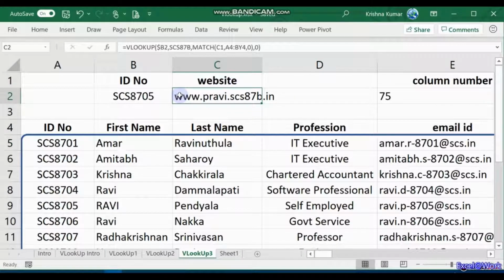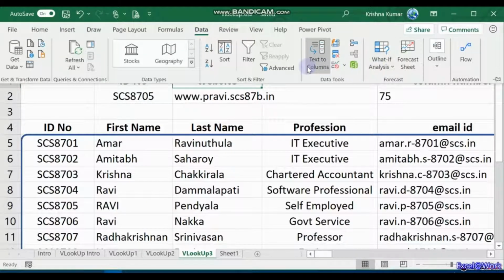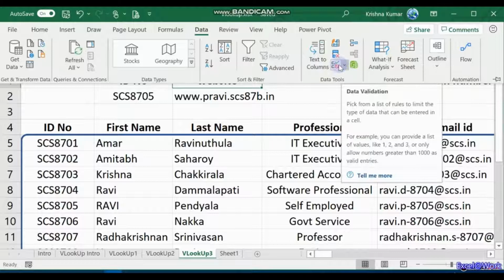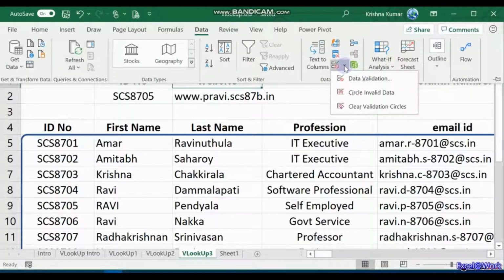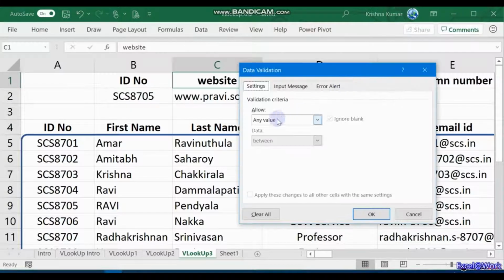Data validation comes in the MS 365 version of Office Excel. It comes in the Data tab, in Data Tools, under Data Validation. So you select data validation, and then the default is any value.